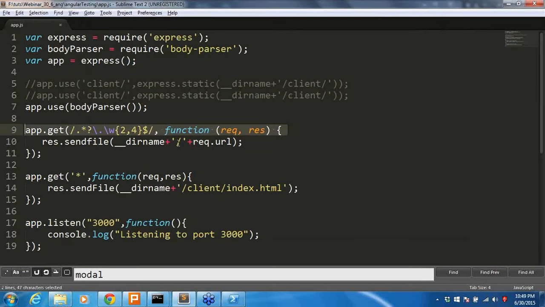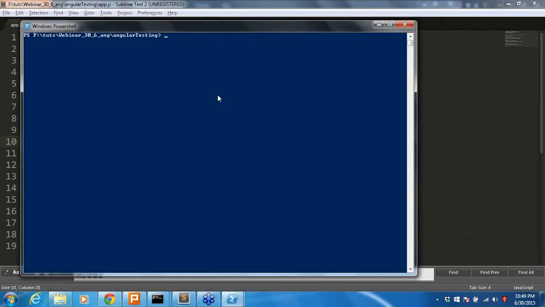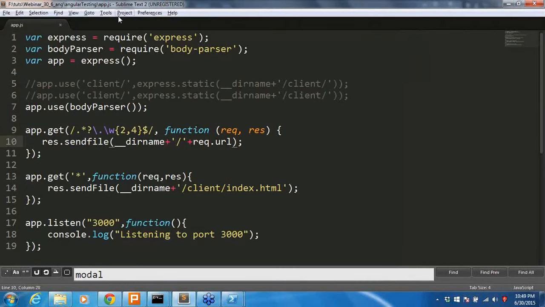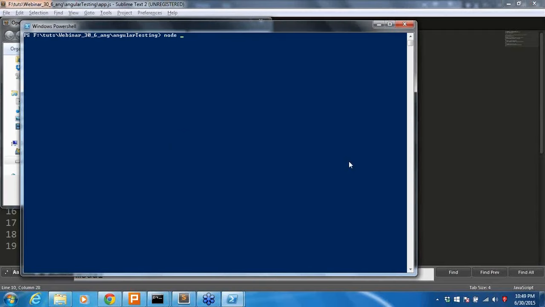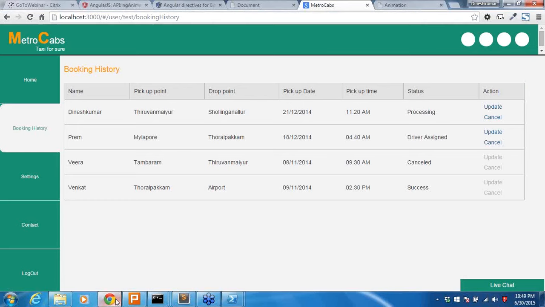I made a simple node application, just leave it, it doesn't make sense. Okay. Here, so if you want to make an AngularJS application and test it, how can we do that? Let me show this one first. Node app, okay. It is running on port number 3000. Let's open that.